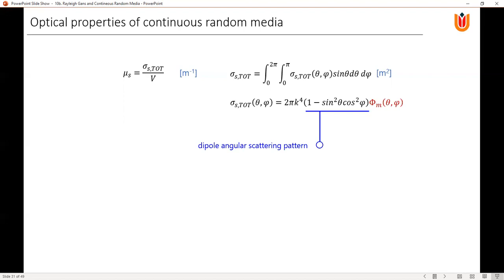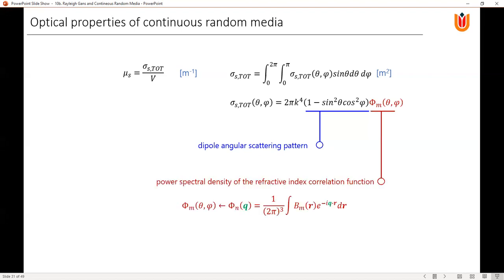The result of treating this as a continuous random medium instead of discrete particles is given here. So this is the factor within the integral. Underlined in blue is the scattering pattern of a dipole. So basically, what it says is that all the individual scattering centers, volume elements, are dipoles, and they are tied together, in this case, by this red function, which is the